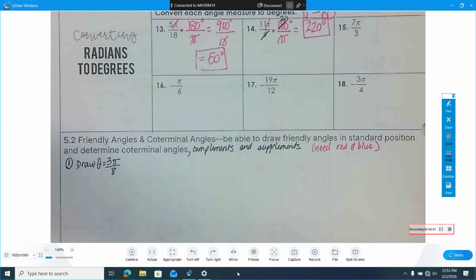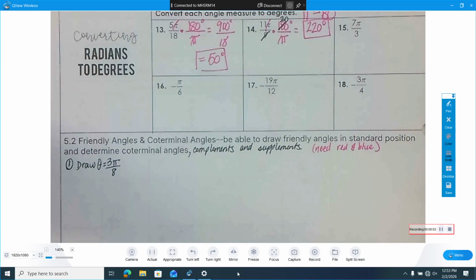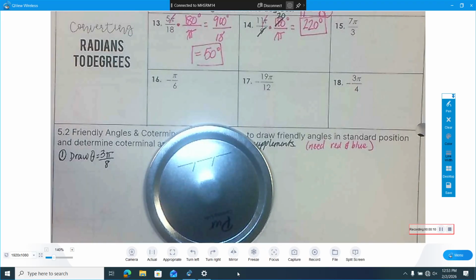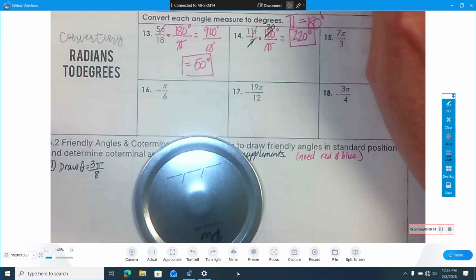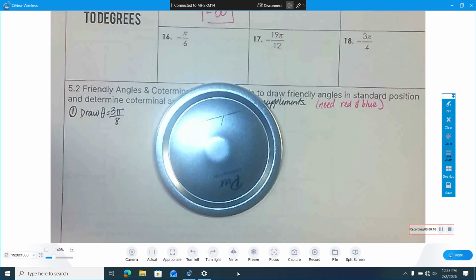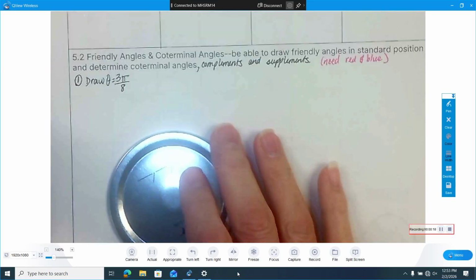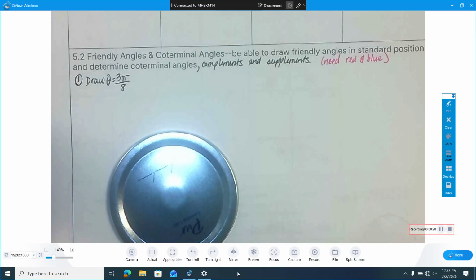Possession, you should have a red and a blue color, maybe orange and green would work fine. And you should have a jam jar lid and a straight edge. We're going to use these jam jar lids a lot. They're incredibly helpful. And so today we're talking about friendly angles and